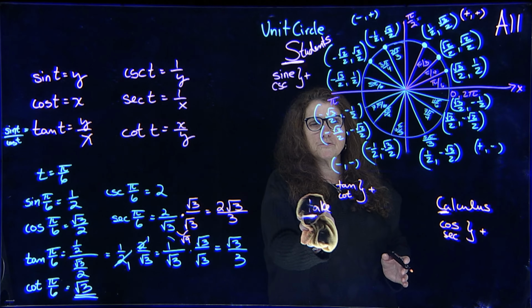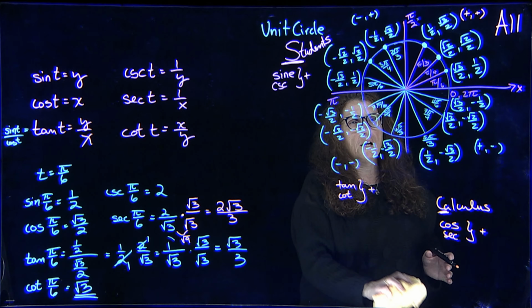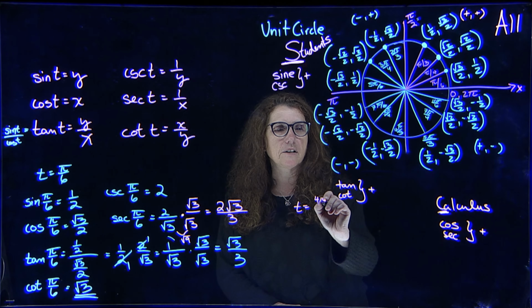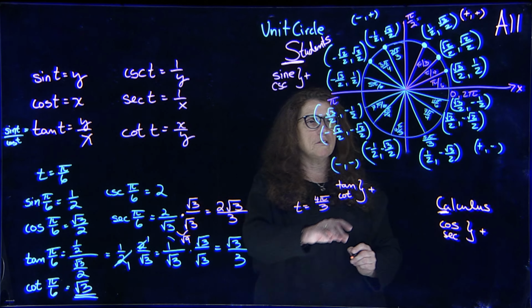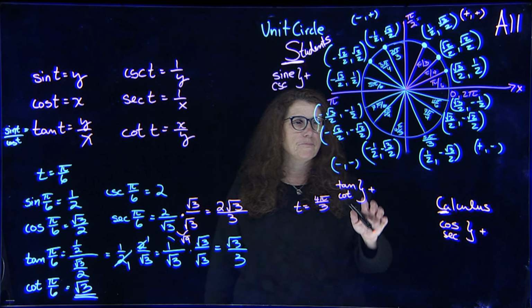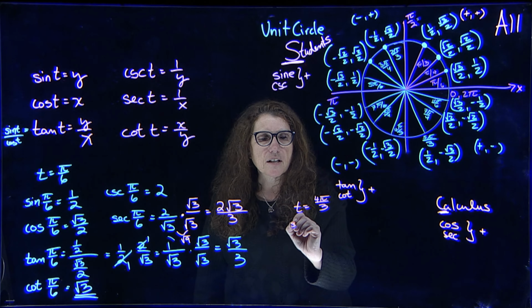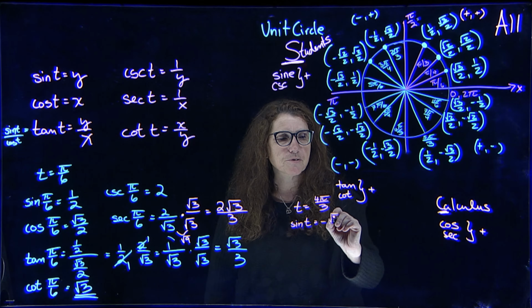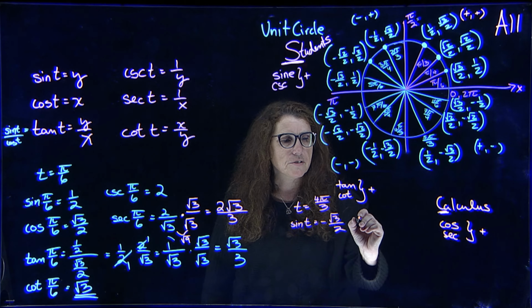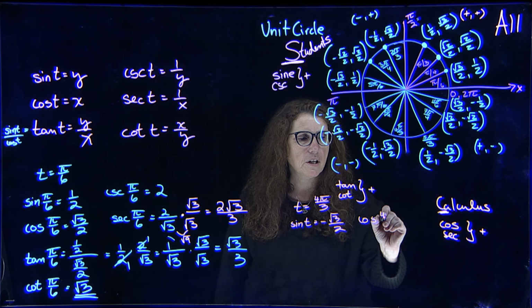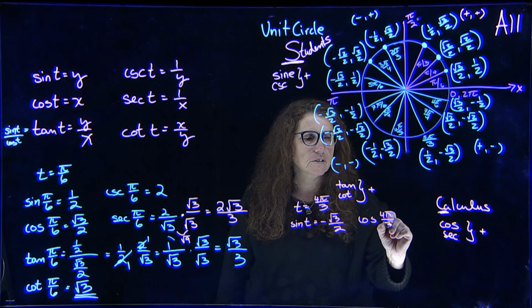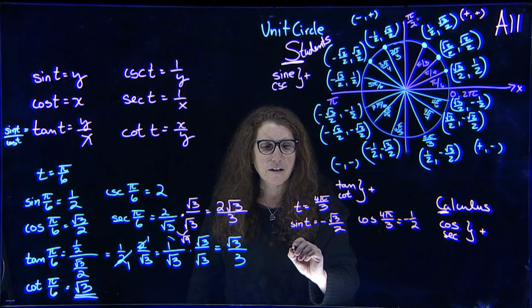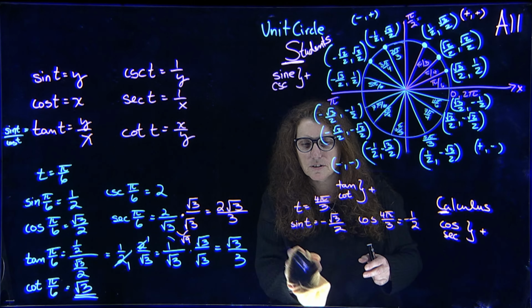Let me just do one more. Let's take a look at t equals 4 pi over 3. Okay, 4 pi over 3 is in quadrant 3. We have the sine, let's just do the first 3. The sine of t, the y value, is negative square root of 3 over 2. The cosine of 4 pi over 3, I should have said that in the other one, is the x value, which is negative 1/2, and the, not the cotangent, the tangent